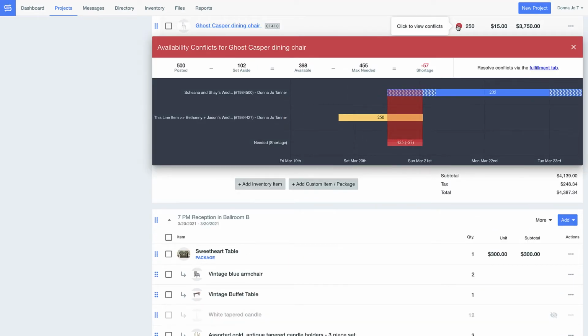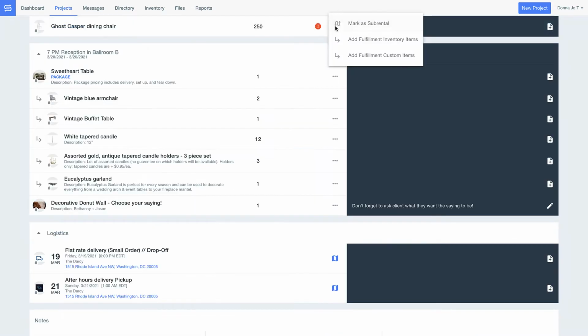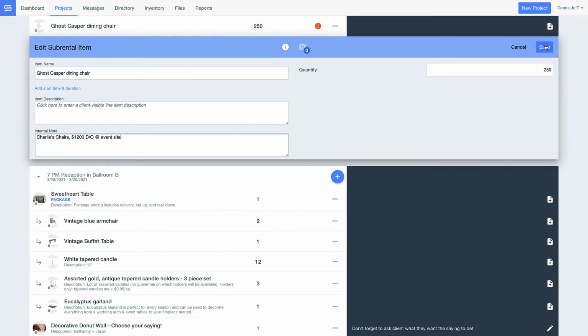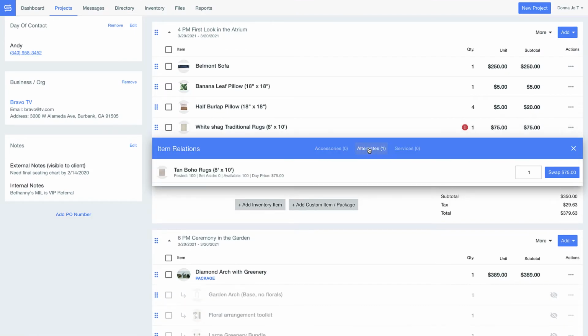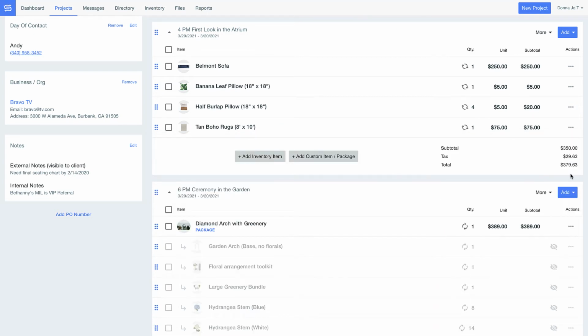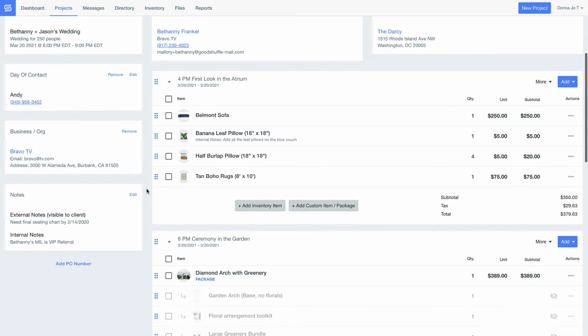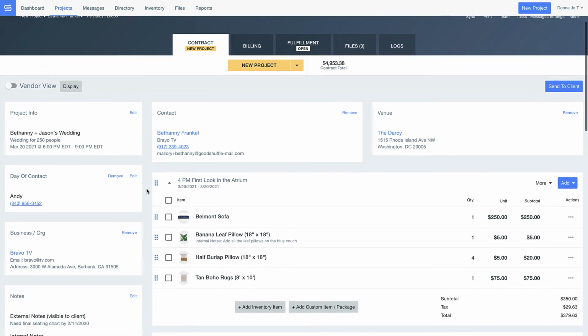But with our color coding system, we provide total clarity on why this conflict occurs so that you can decide what's next for your business. Want to make plans to subrent these items so you don't lose out on either opportunity to win business? You can do that in Good Shuffle Pro. You could also choose to purchase more inventory closer to the event date, if that makes sense, or even swap this out for a similar piece of inventory. Doesn't it just feel nice to have options?